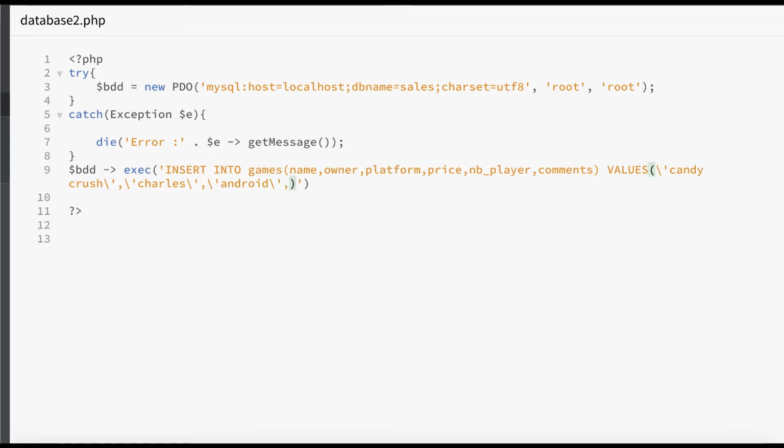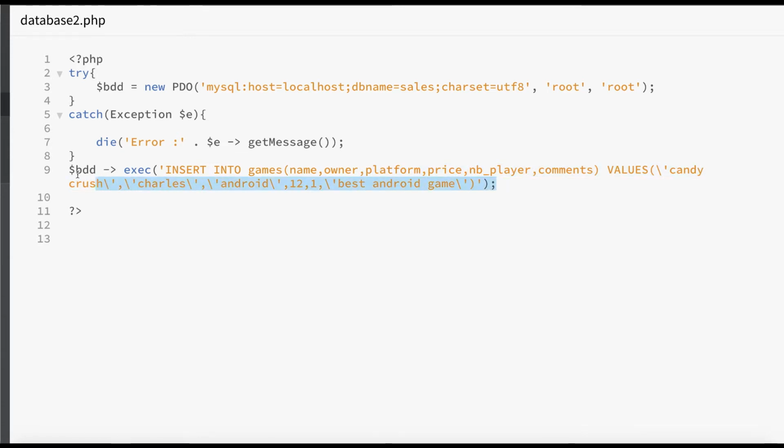The price, let's say 12, number of player 1, and as comment I can say best Android game. So this command will insert the game Candy Crush with its different characteristics in the table.